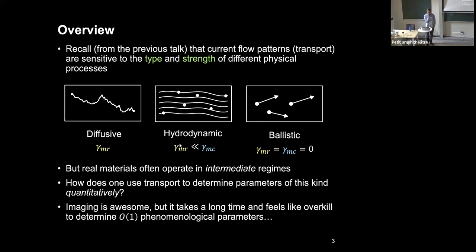In particular, these space-resolved imaging experiments are extremely powerful, but it does feel a little bit like overkill if you're trying to only determine order one numbers from some experiment, and you have to do a full space-resolved map, which has somehow infinite degrees of freedom. So I'm going to try to give you an alternative way to do this. And it comes down essentially to an old idea from